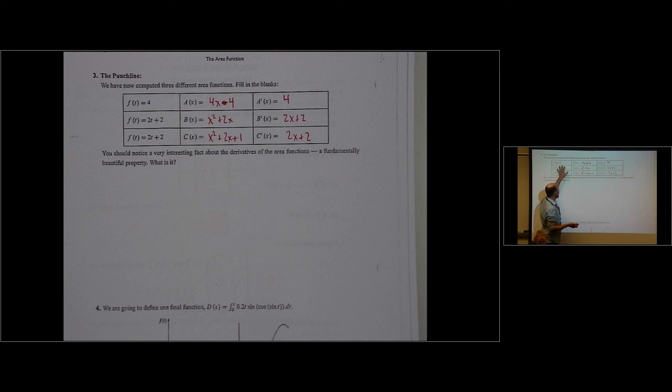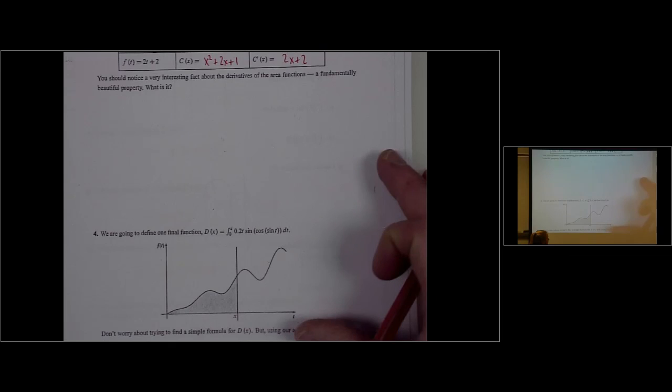But we know how to find antiderivatives, right? You can find antiderivatives of a whole bunch of functions. So rather than trying to use the definition or the geometry of the situation, it is implying that we can use an antiderivative to figure out what's going on. And so this final question here in part 4